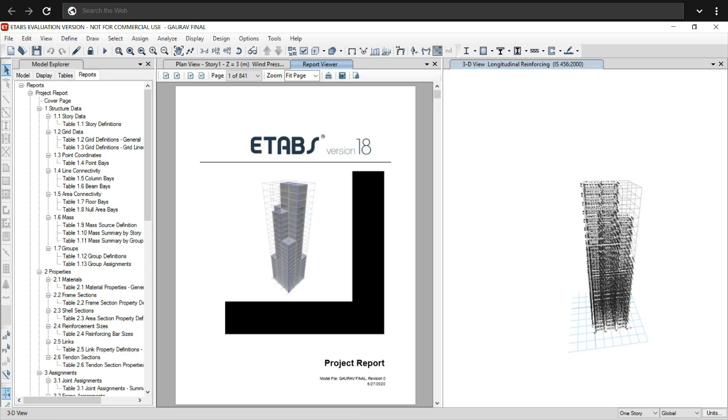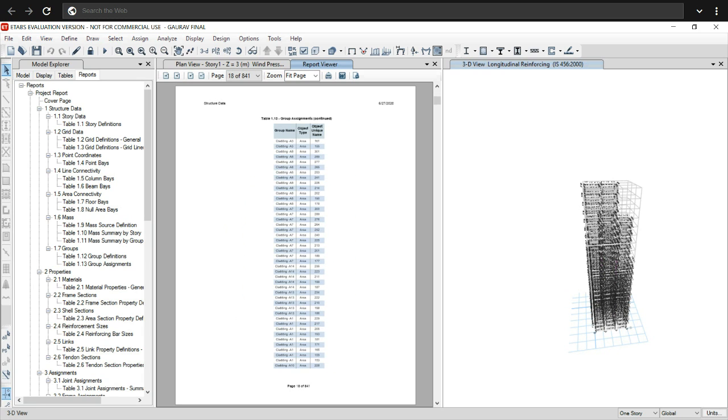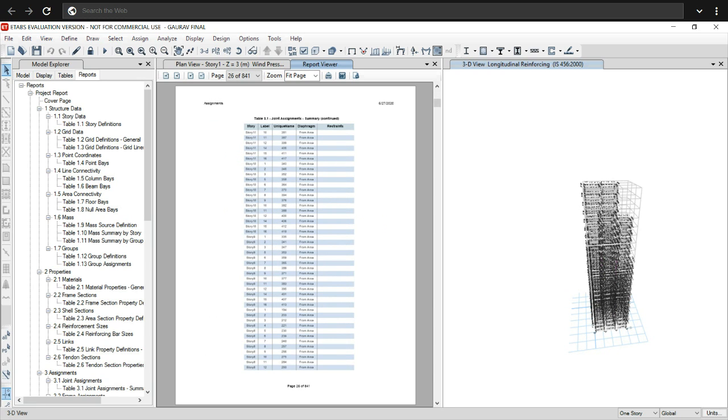Now you can see the report of each and every member of the building. And thank you for paying attention.